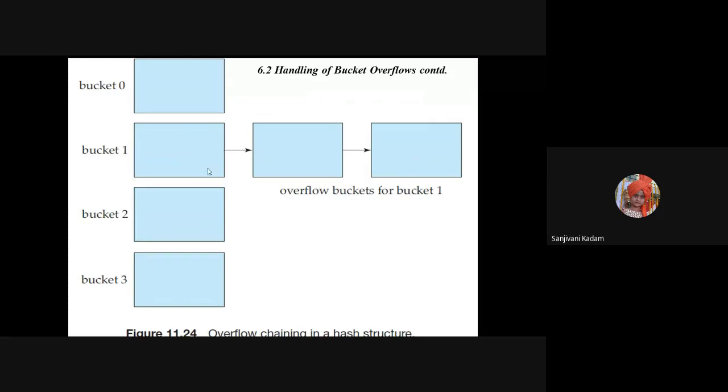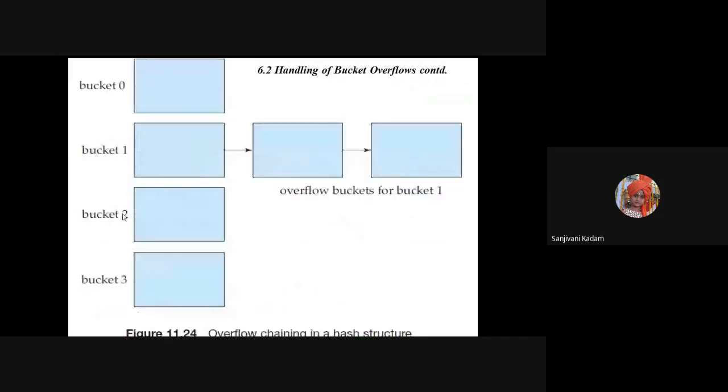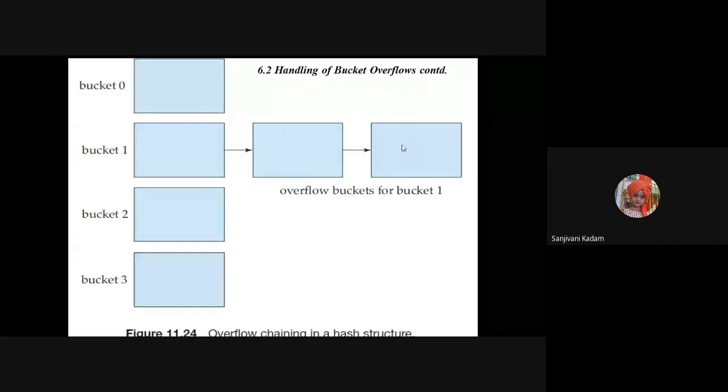There are multiple ways to handle the hashing. One of them is allowing linear allocation, the next point, linear probing. Here closed hashing means that whatever entries I'm adding should be closed within bucket number 1 only. It should not go to bucket 2 or 3. This is the main purpose. Even though there is overflow, we keep adding the chaining. That is closed hashing. Whatever my entries are, I will close into bucket 1 only.